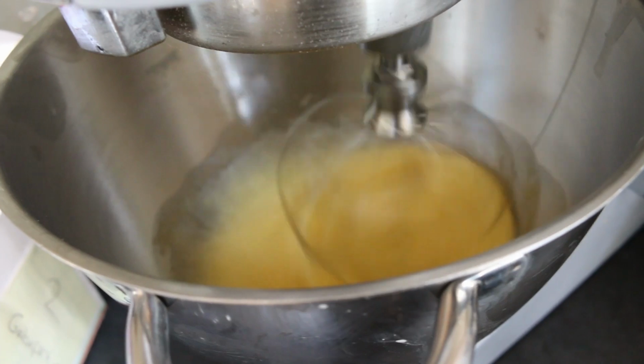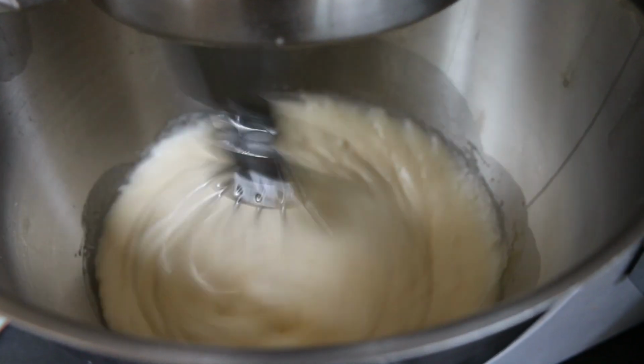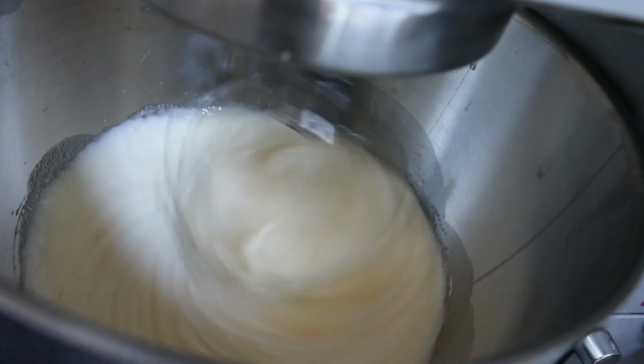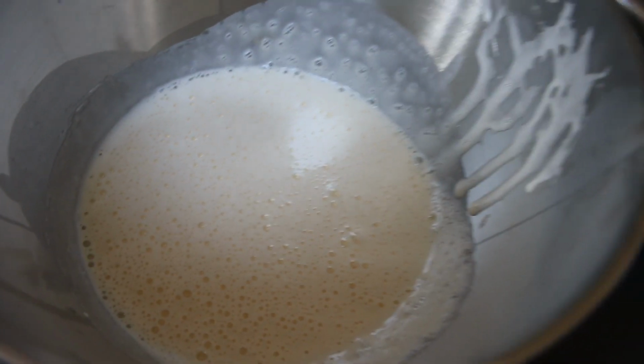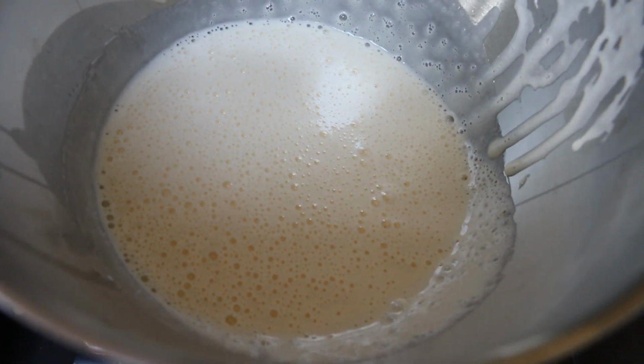If you've got a Kitchen Master or something like that, just blend all this up, and you probably need to do it for around about 5 minutes, just until it all fluffs up, almost like a meringue looking type texture. Okay, so when that's done, you should have a nice fluffy white texture from the sugar and the eggs